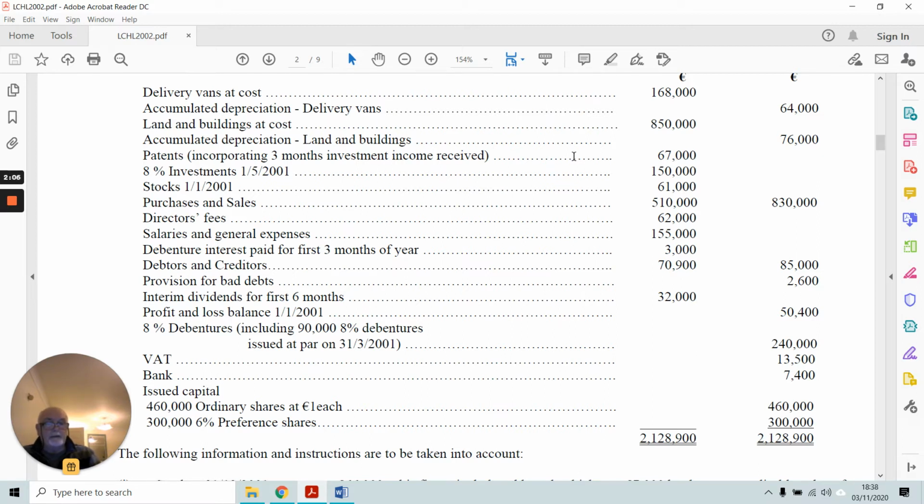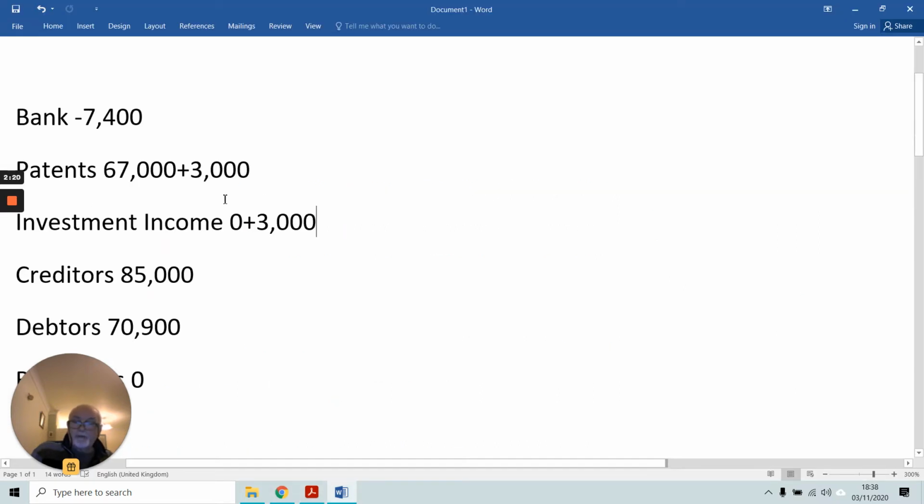We debited our bank, and instead of crediting our investment income account, we credited the patents. So I've got a 3,000 credit entry inside patents, which I must get rid of by debiting it. So I must actually add 3,000 to the patents there, bringing it up to 70,000,